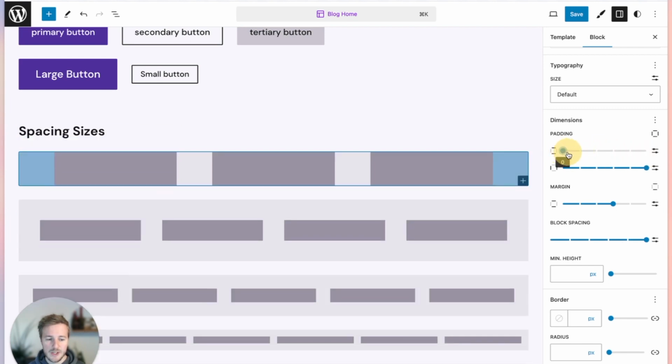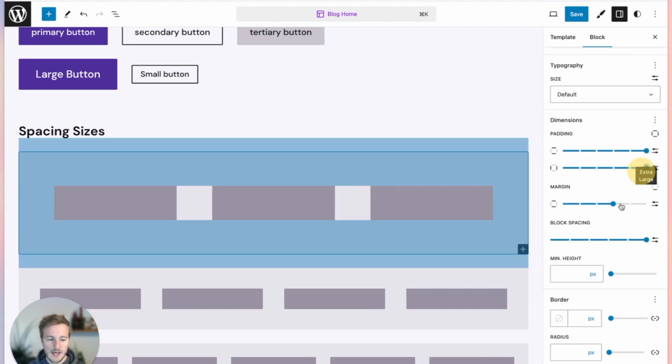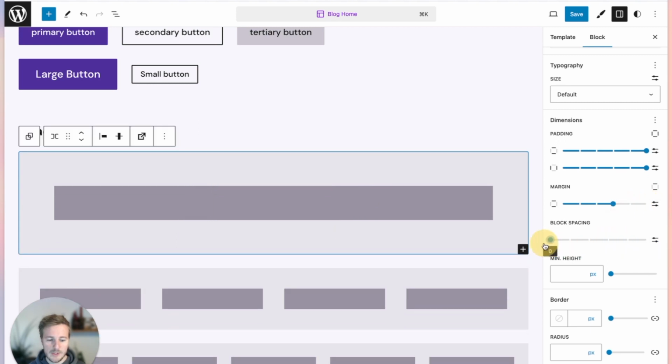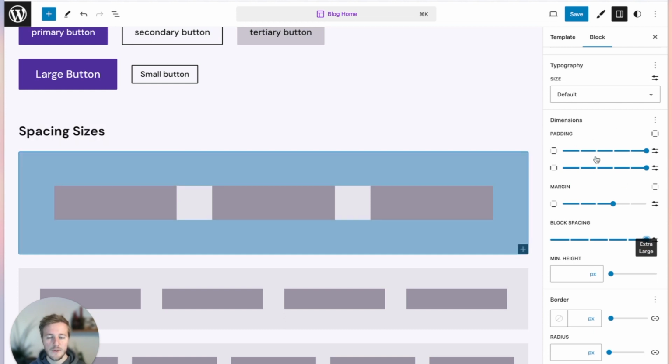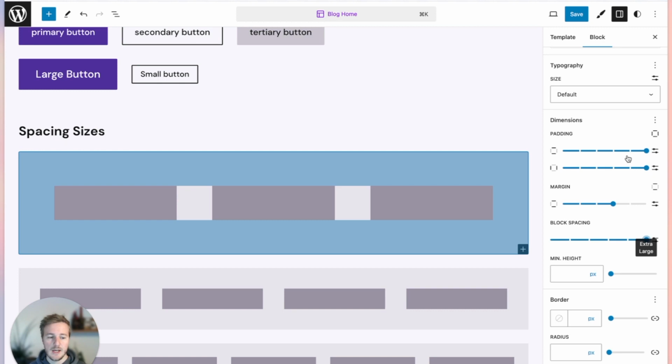It goes from 0 to small, medium, up to extra large. And I have the same for the padding on the side, I have the same for the margin, and I have the same for the block spacing inside of the block. And this makes it really easy for the actual editor of the page to just select the padding sizes, instead